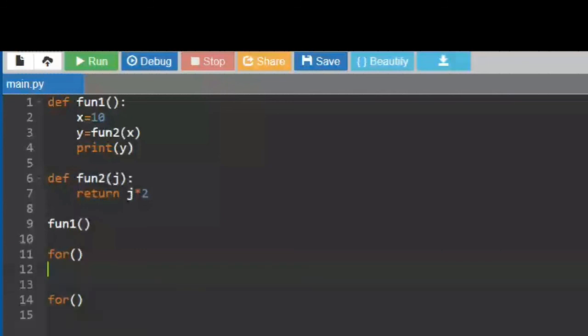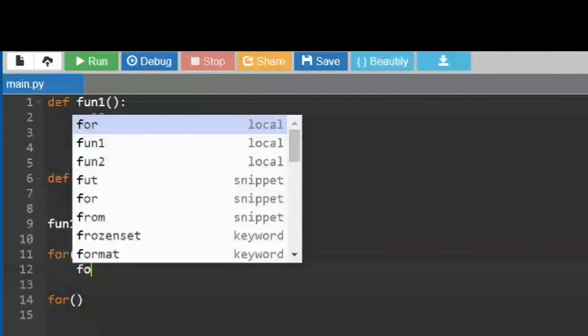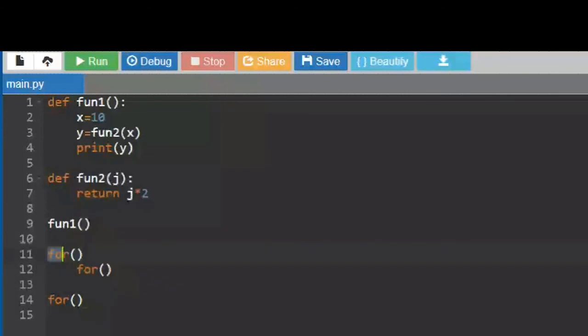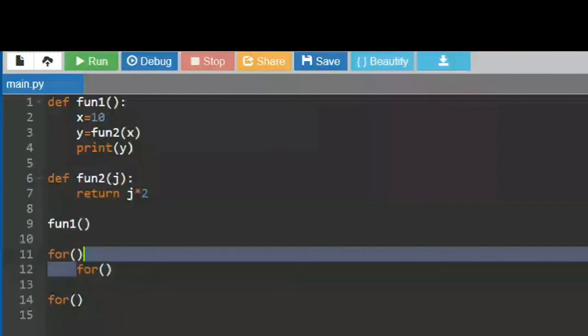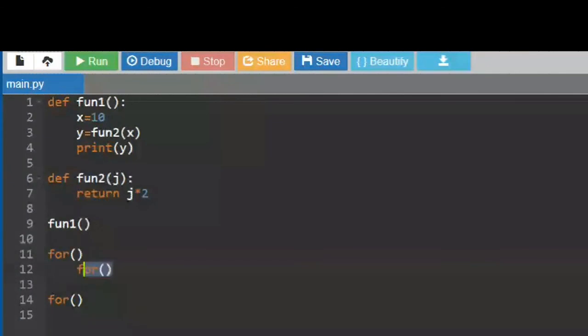Here I am saying two for loops I have. These two for loops are called nested for loops because this for loop is inside this for loop. But here what is the case? If I just take off this, now these two for loops are independent for loops, right? Yes or no? Yes, ma'am.